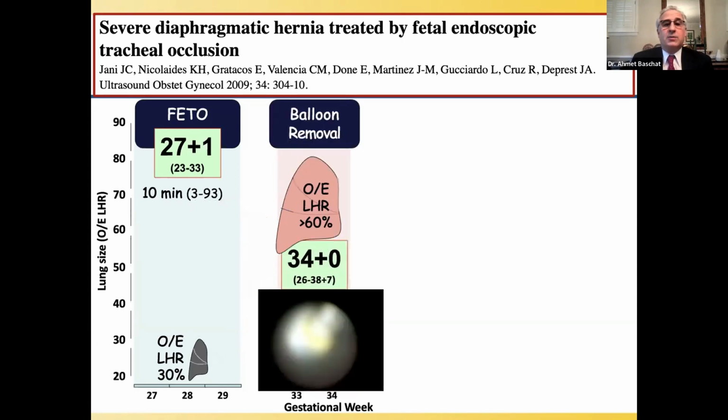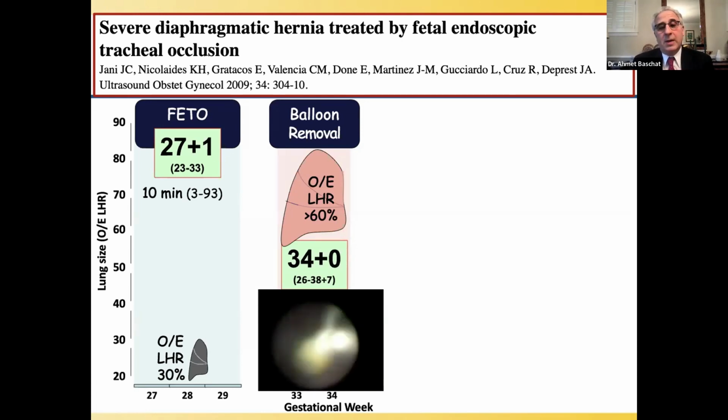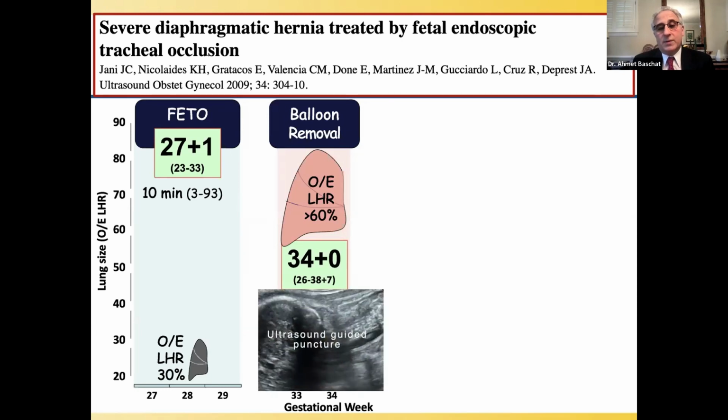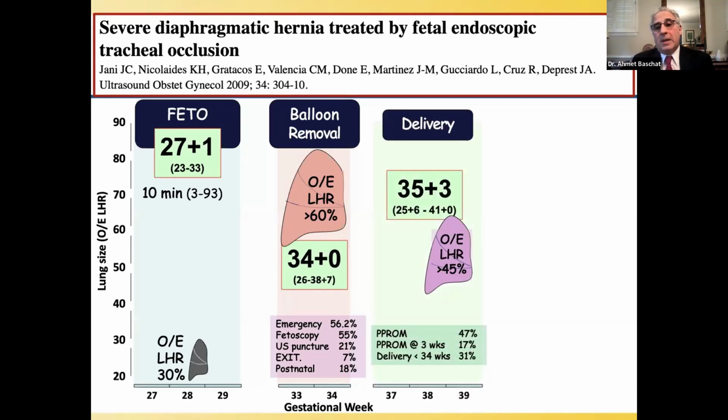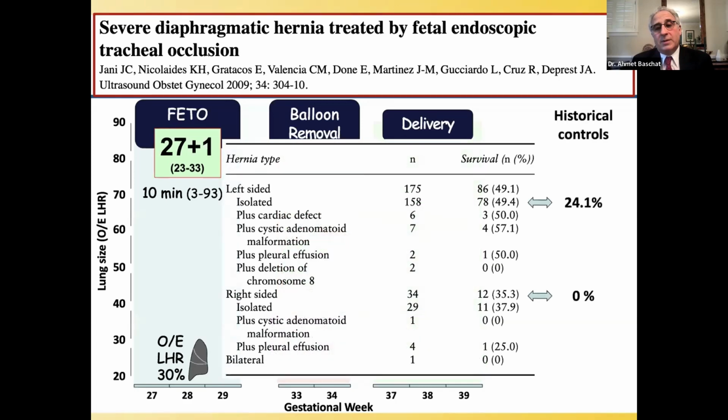When we do serial ultrasounds, we can actually observe that the lung size on average doubles in the 6 weeks following the balloon insertion, and then the balloon needs to be removed so that the baby can actually take a breath after delivery. After that, we see a decrease in lung size, but overall we are likely to convert a severe hernia to a moderate size hernia. And in the initial studies, it has been shown that the survival is likely to be doubled, and most